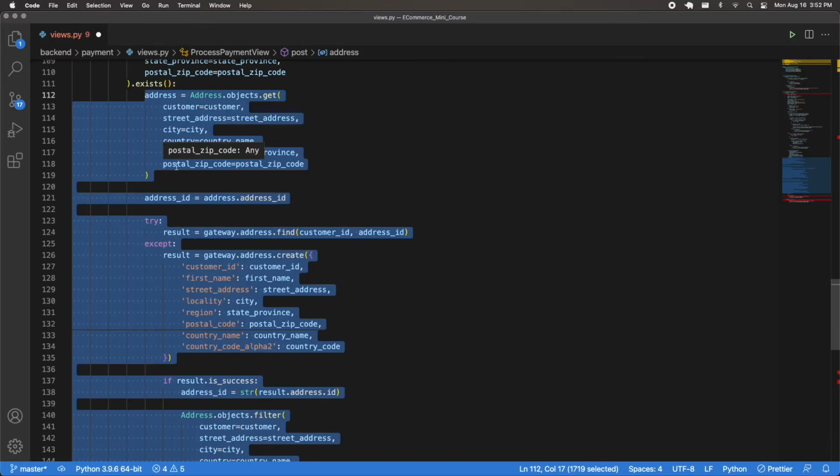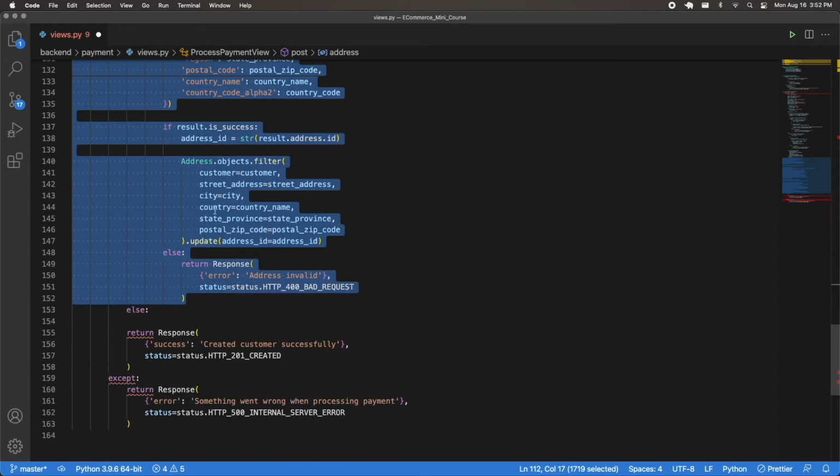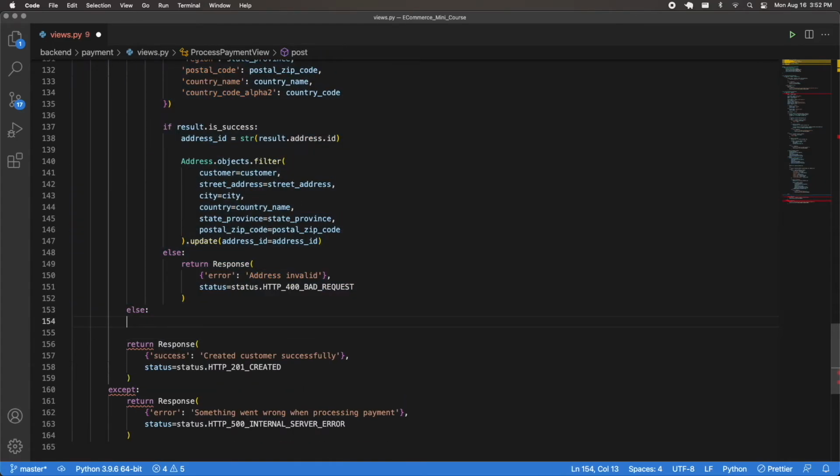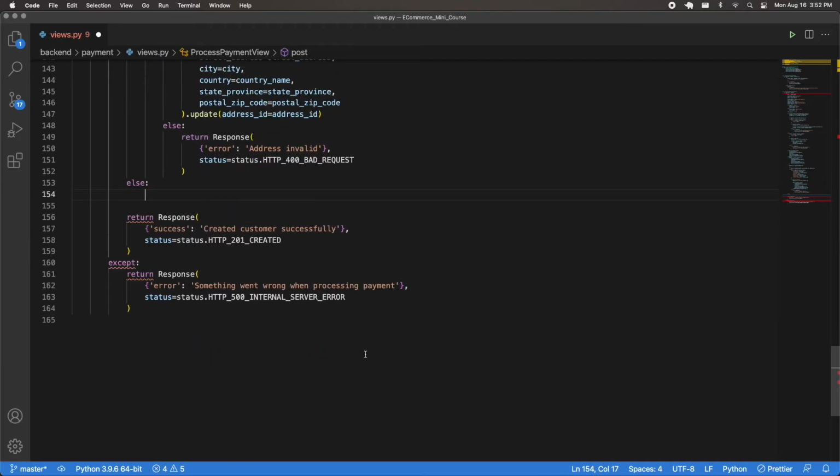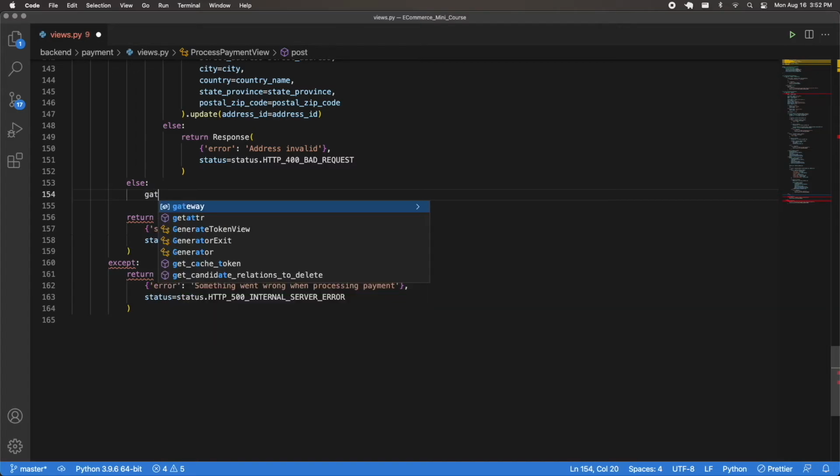Now we're going to handle where the address that the user passed inside of that form on the checkout page does not exist in our database. That's this else right over here. So let's now handle this part. The logical thing to do if the address doesn't exist in our database is we create the address. So first, what I'm going to do is create it in Braintree, and then we're going to see if it's successful. So I'm going to do